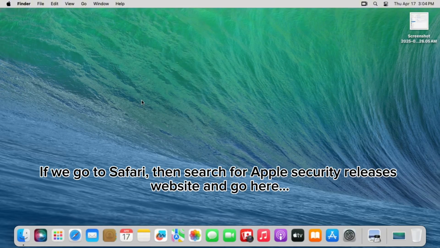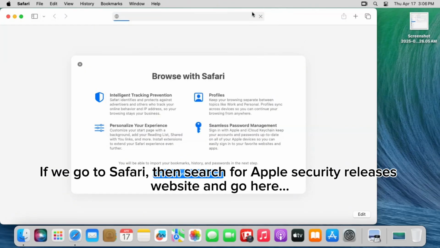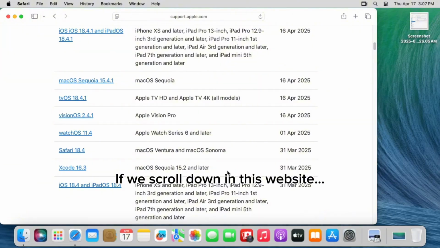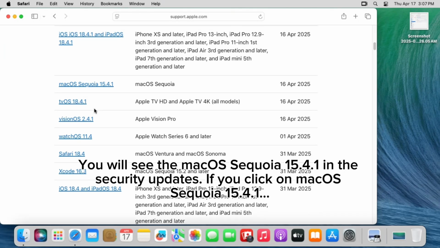If we go to Safari, then search for the Apple Security Releases website and go here, and scroll down, you will see macOS Sequoia 15.4.1 in the Security Updates. If you click on macOS Sequoia 15.4.1,